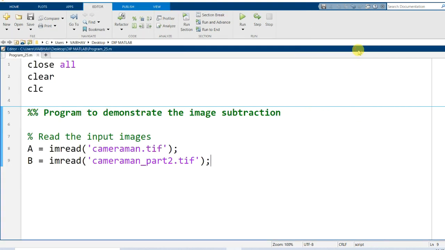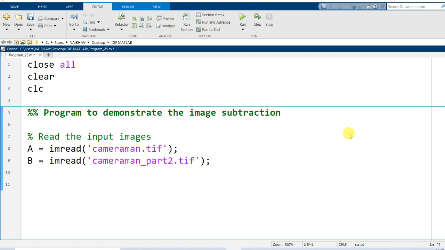Let me make one thing clear: whenever you want to perform arithmetic operations over images, the two operand images should be of the same dimensions and data types. Then it is possible to have the image arithmetic operations accomplished. For image subtraction in this demonstration, I have taken both images of the same dimensions.